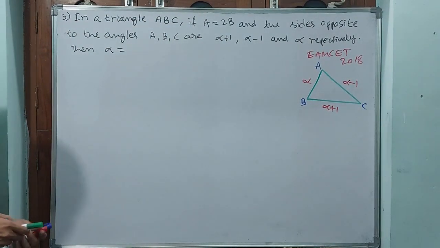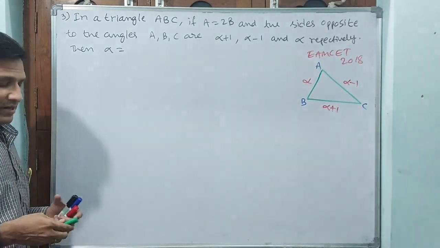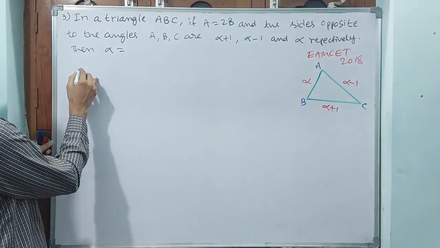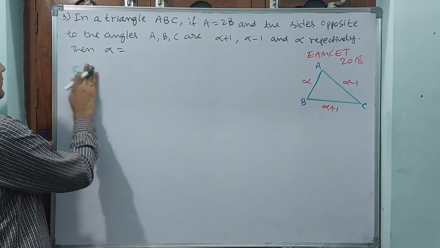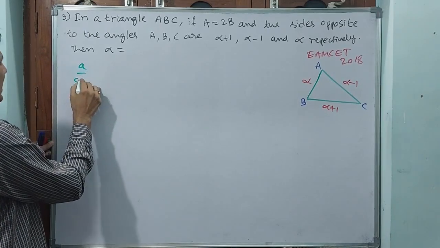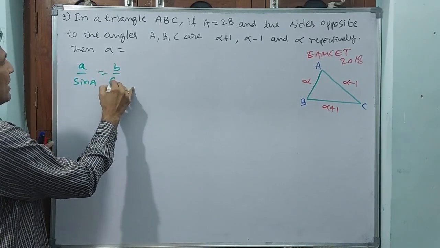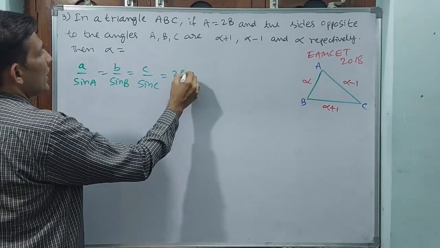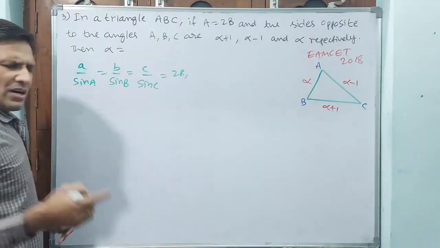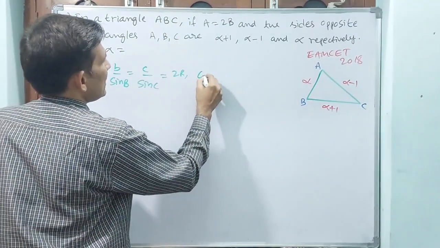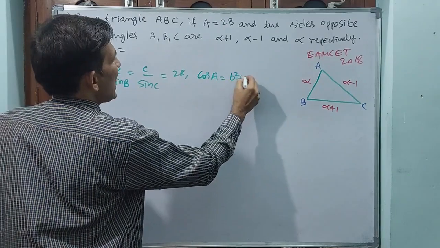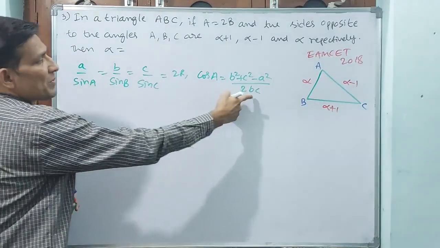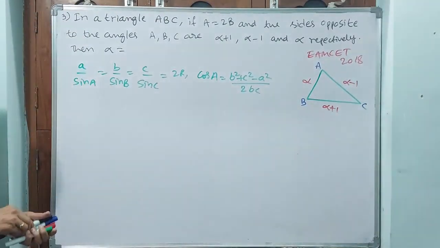They are asking that. And here, both formulas you have to use, the sine formula and the cos formula. First of all, I will write both. Okay, see how I am writing. a/sin A = b/sin B = c/sin C = 2R. Okay, this is the sine formula. Cos formula, one formula we will write. cos A = (b² + c² − a²)/2bc. See, here if B comes, accordingly we will change that formula. Okay?